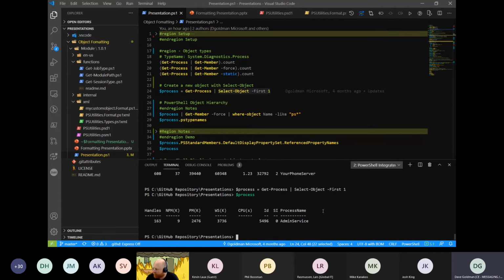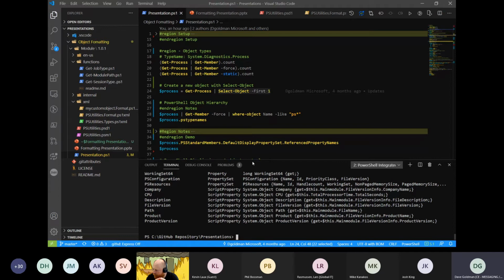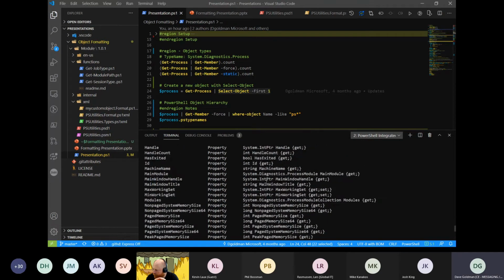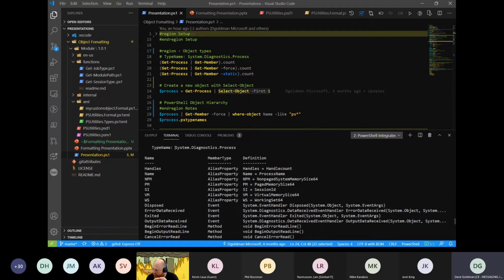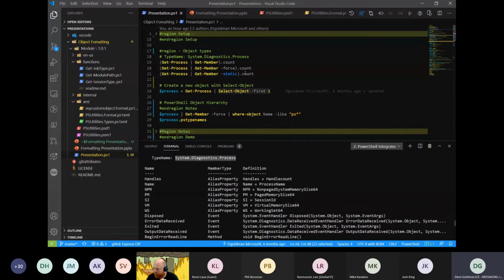What this is: I'm going to take this object and pass it down the pipeline to Get-Member, and I'll just use regular verbs and nouns for those not familiar with the aliases. You'll see on this object that the type name is System.Diagnostics.Process. There is a hierarchical structure within PowerShell where all objects start their manifestation from a .NET object. And each one of these has different views, and in several other presentations I've been asked to show this.